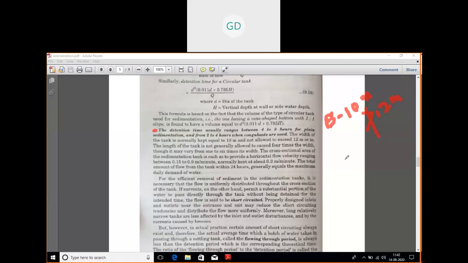It should not exceed 12 meter. Then the length of the tank is not generally allowed to exceed 4 times the width, though it may vary from 1 to 6 times its width. So the length is generally not allowed to exceed 4 times